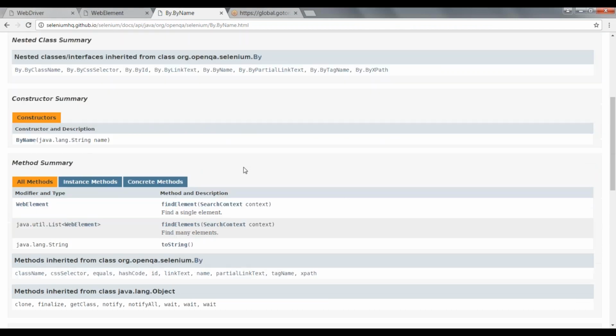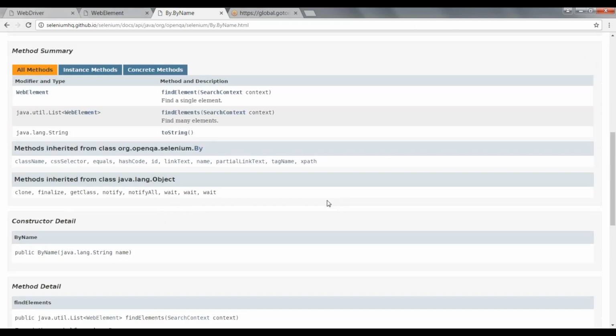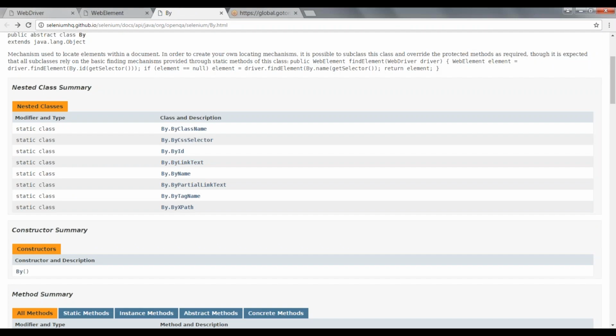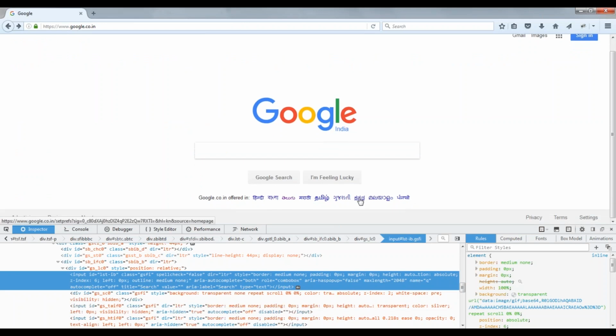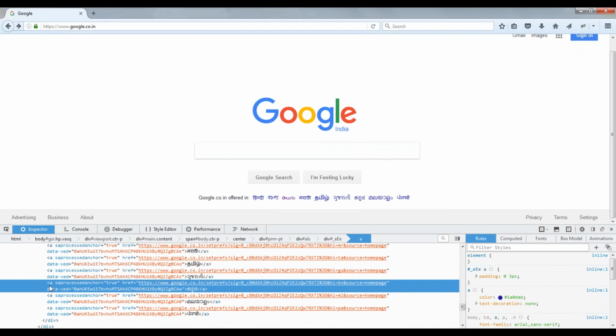So directly I can access them, that's why they are given in this way. By dot By linkText. What do you mean by link text? What do you mean by a link in a web element? These are all links. A link will have an anchor tag a. Whichever element has an anchor tag, that is called a link text.